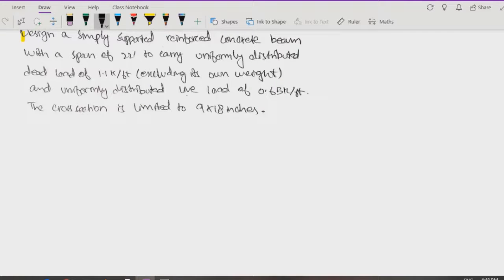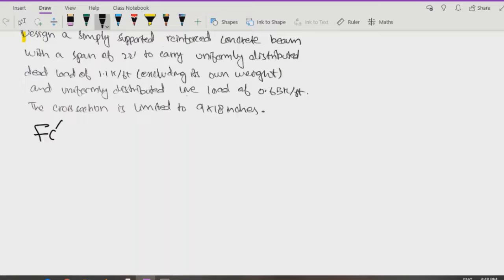In this question f'c (fc prime) and fy are not given, so we have to assume a value ourselves through our experience. The data we require to proceed are f'c, fy,